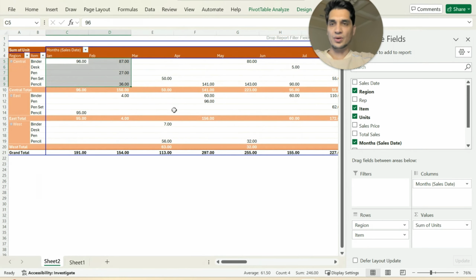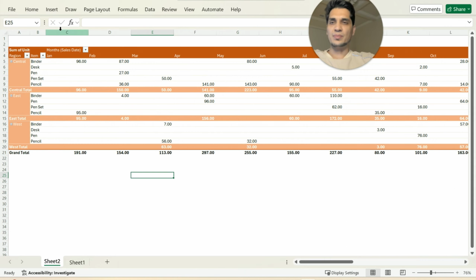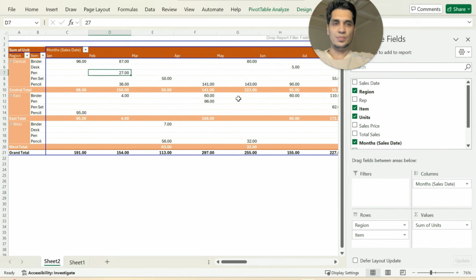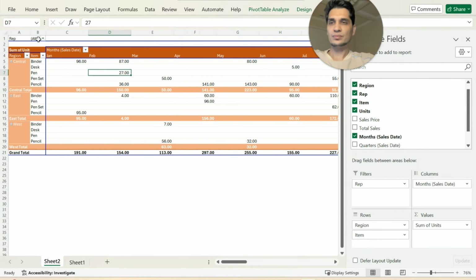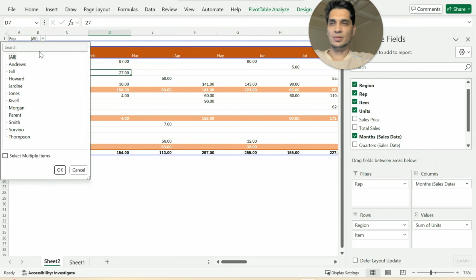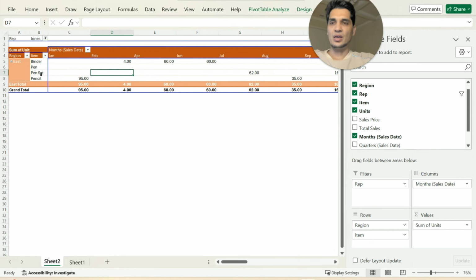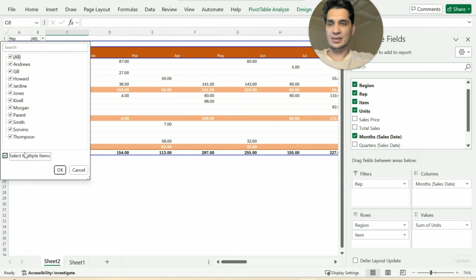So, okay. I did prepare this report, but now I want to prepare it for each sales representative. Okay, how can I get that report? I can just put the sales representative in the filter, and in the top of my table, I can select each of the sales representatives, and it automatically provides me the data. For example, for John's, if we select it, John's has made sales only in the East region, and this is the sales per month. I can go to filter and select multiple items, and from the list, I can select the